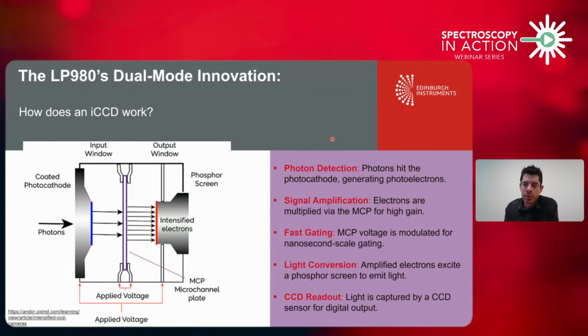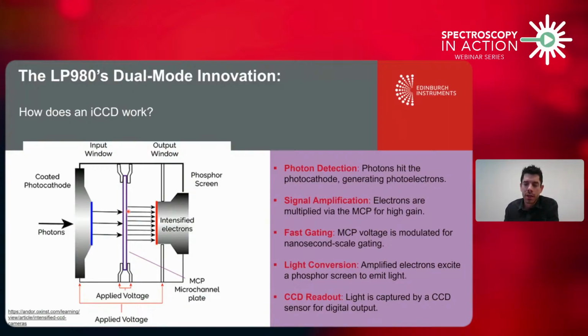So the iCCD, as we mentioned before, is used for time-resolved spectral measurements. Photons enter the camera and strike the photocathode, releasing photoelectrons. These are then multiplied through a microchannel plate, which provides significant gain. And that's actually the key feature of the LP980, exactly this microchannel plate. The microchannel plate is responsible for the fast gating. The MCP can be turned on and off within nanoseconds, allowing us to isolate specific time